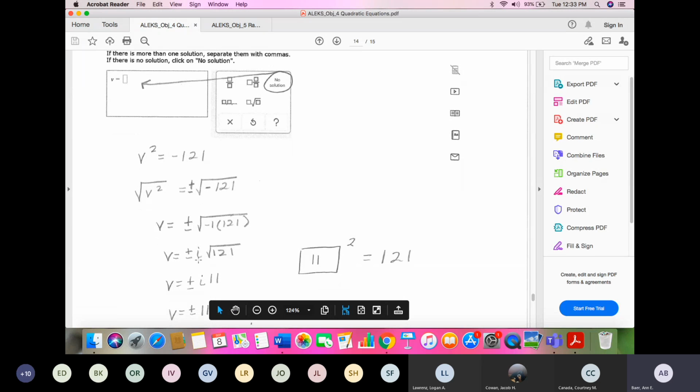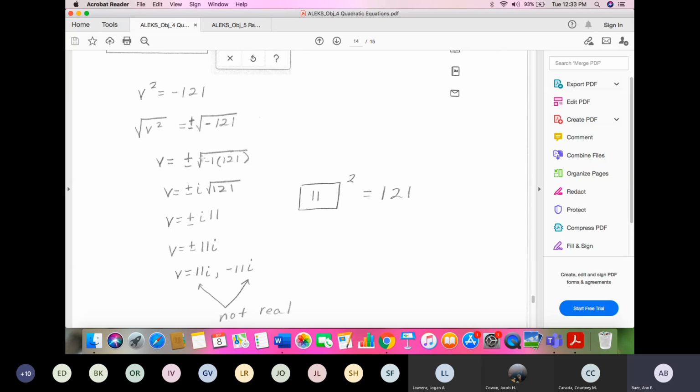Now, once you get an i on the outside, is this a real number, or is it a complex number that is not real? The answer: it's a complex number that is not real. So once you get that i, in this context, in this problem, the answer is no solution. So you really don't have to go any further. Does that make sense? If you wanted to go further, you could, but this is what would happen.